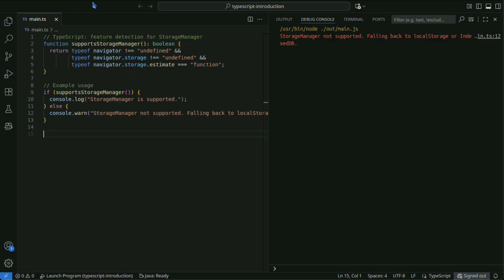Because navigator.storage does not exist in some browsers like Safari, it is important to check its existence safely using typeof. If you want to actually run the code, you need to do so within an HTML file. In this video, we are only confirming that there are no compilation errors.